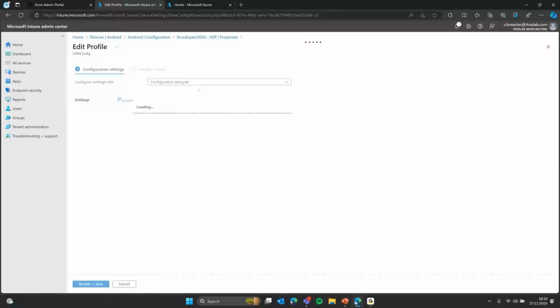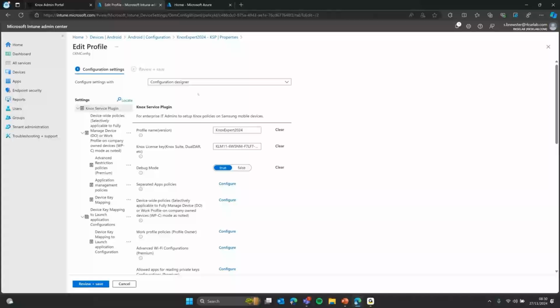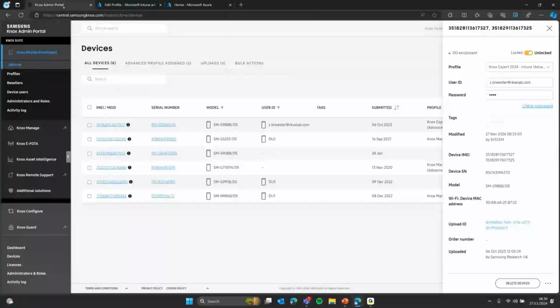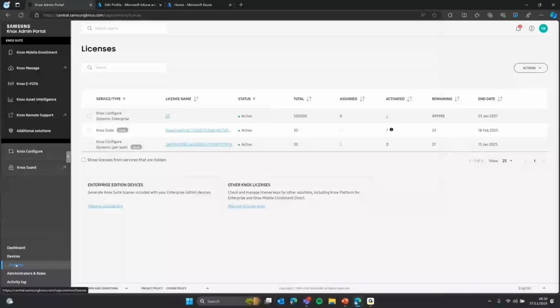Now, most importantly, we need to ensure that we enable each of the different tiers of device management as and when they are selected. In order to enable all of the features within Knox Suite for the Knox Service plugin, we need to provide the Knox Suite license key for our devices to receive. And that license key is available in the Knox admin portal, where we can go to licenses and find our Knox Suite key. In this case, we have a trial, and anyone can get a trial key